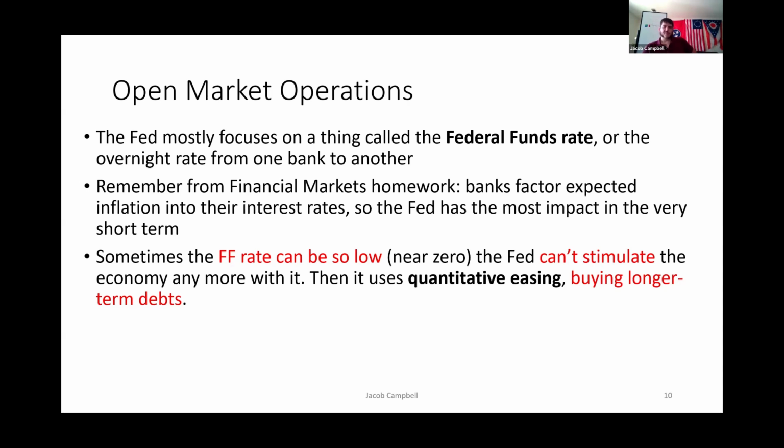Well, in emergency scenarios where the economy is looking more like that, the Fed can use what's called quantitative easing, where it starts to buy up long-term debts that it normally wouldn't. So they'll start doing things like buying loans that banks have made to companies. They'll start buying stocks. They'll start buying anything that they can get their hands on if it pumps money into the economy. And there is a very big downside to this in that it raises inflation while also raising the value of the asset they're buying,